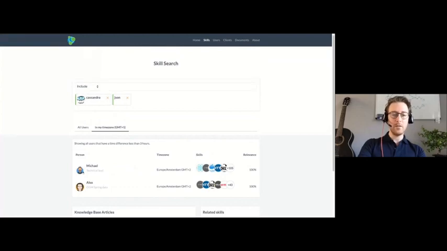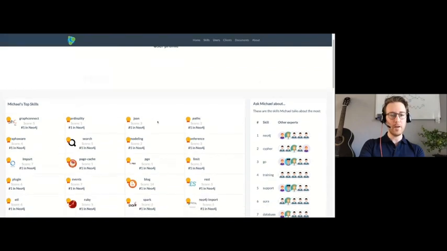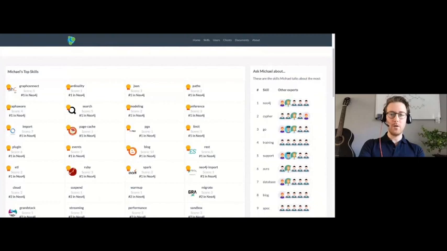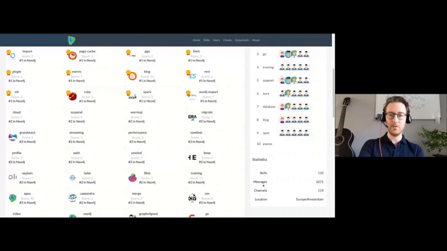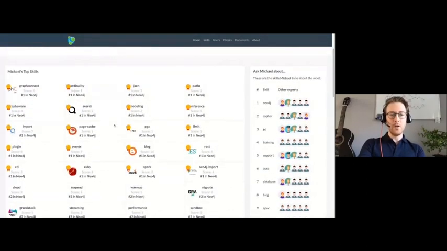That said, right now, let's say I have a question on this JSON loading in Cassandra, and I want to contact Michael, but I want more insight on what he knows around that. I can just click on Michael, and it will go to the user dashboard where I can see more metrics around Michael. What skills does he have? What skills does he have that others have in the company? And some metrics on how the skills are calculated. Every skill has a score. The score will be explained by Nils later on. It's a skill algorithm that we use to calculate it.